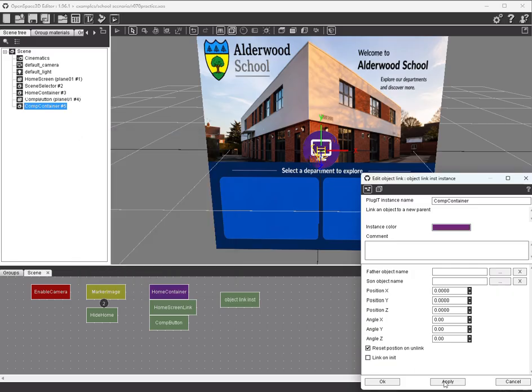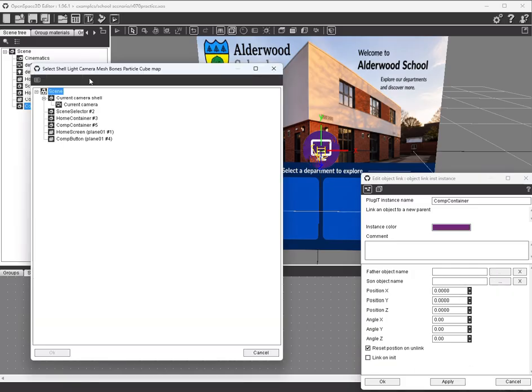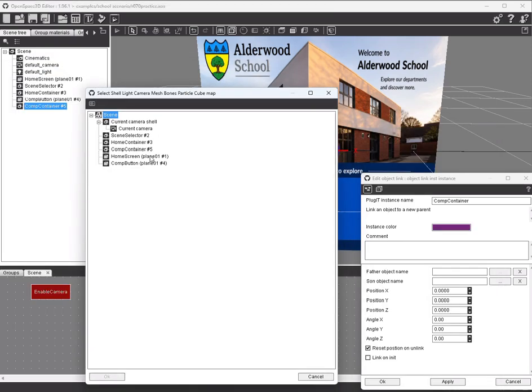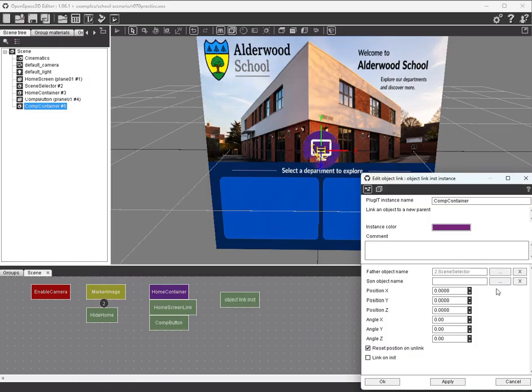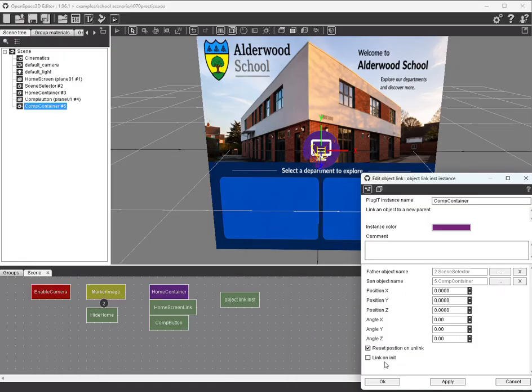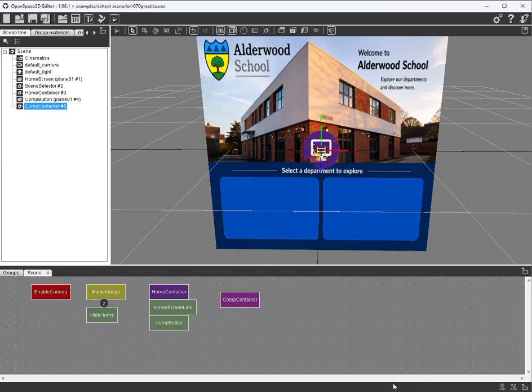And then the father object name is once again going to be scene selector. And the object name itself is going to be the container. So that way the container will affect anything on the next mesh. Oh, don't forget to tick linked one in it. Okay, so with that all done,